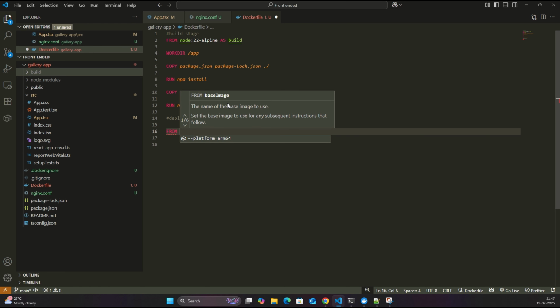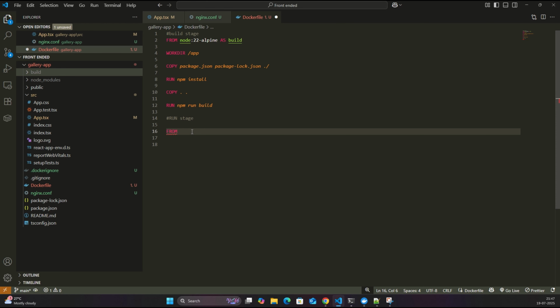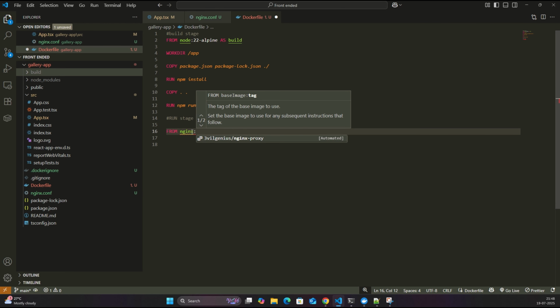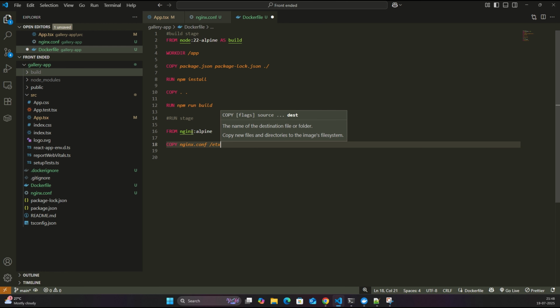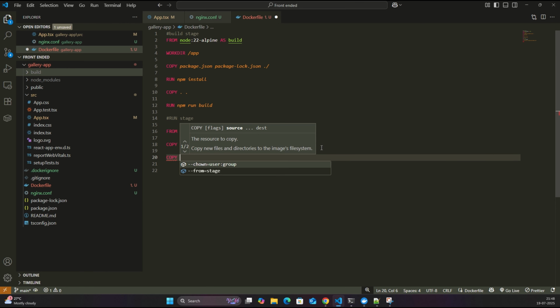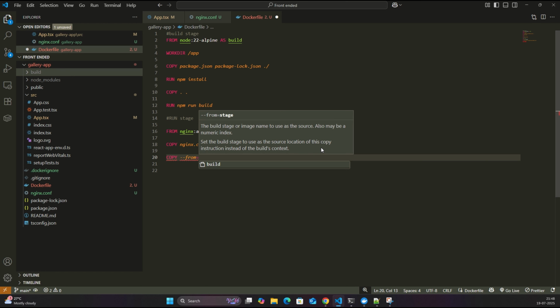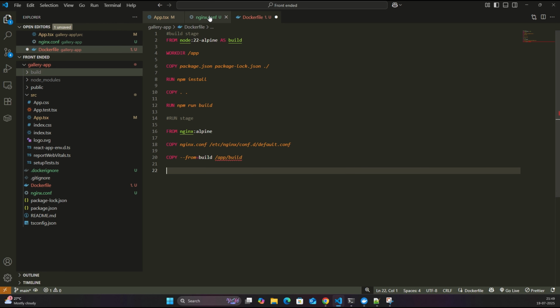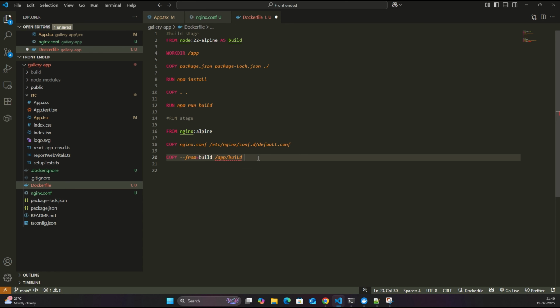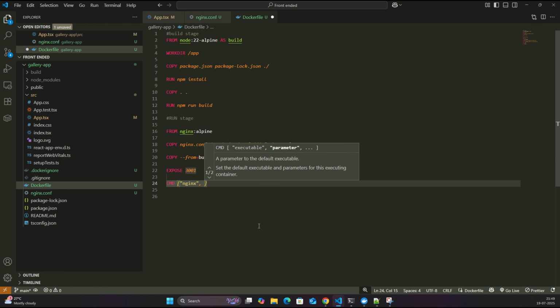The next stage should be for Nginx. The Nginx stage will have the Nginx image, followed by the COPY command. In the previous video, I told you that instead of removing the default configuration, we can copy the Nginx configuration directly to the default. We are going to follow that methodology here. Next we copy the files that are built from the build stage, from the folder /app/build to /usr/share/nginx/html. Then we expose port 3001, and give the same command, nginx -g daemon off;